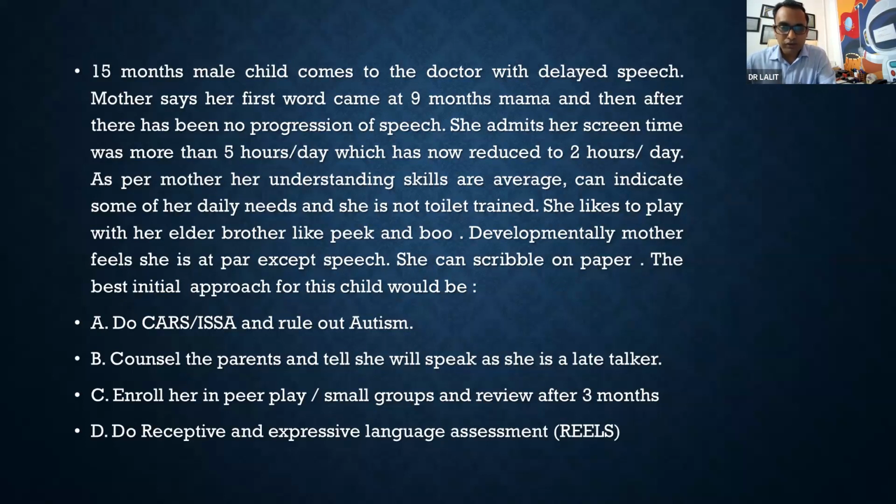As per the mother, his understanding skills are average, he can indicate some of his daily needs, and he is not toilet trained. So 15 months, not toilet trained. He likes to play with his elder brother, likes peekaboo. Developmentally, mother feels he is at par except speech. He can scribble on paper. The initial best approach for this child would be